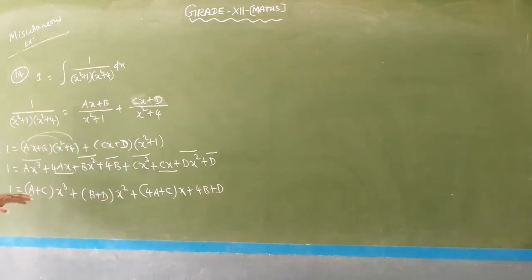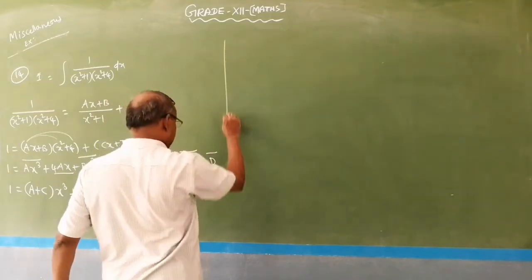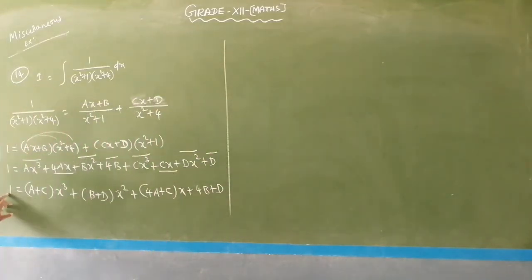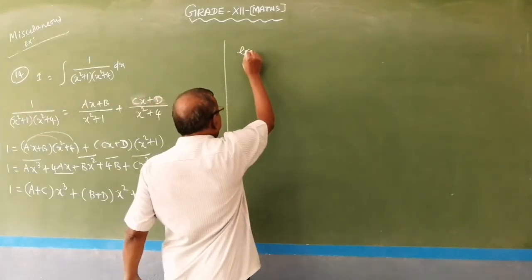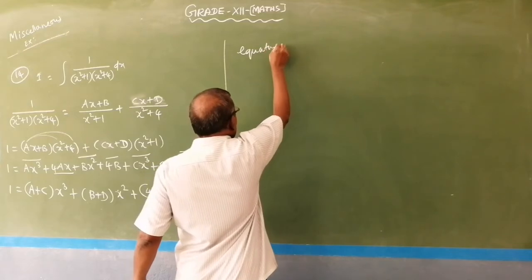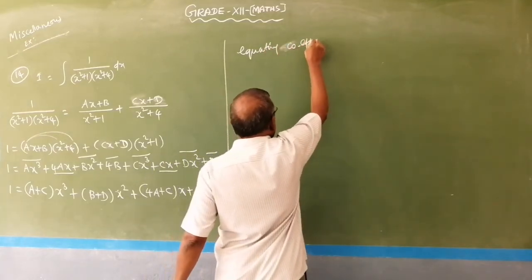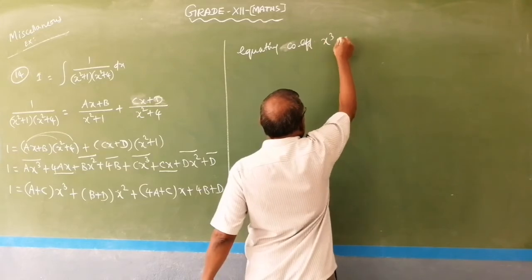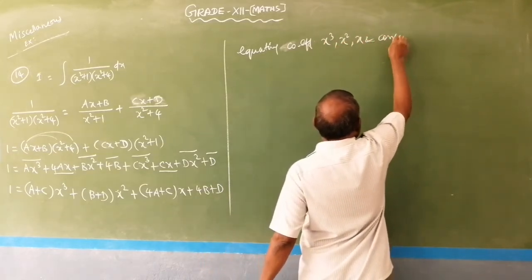We have x cube term, x square term, x term and constant term in the RHS, but in the LHS we have only constant term. The x cube term is 0, x square, x term all are 0, so we have only constant term. Now we can equate, that is equating coefficients of x cube, x square, x and constant